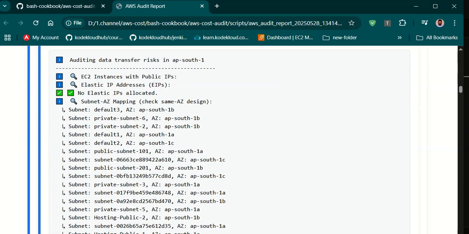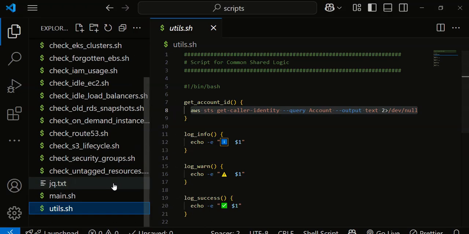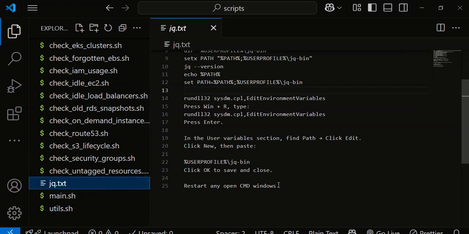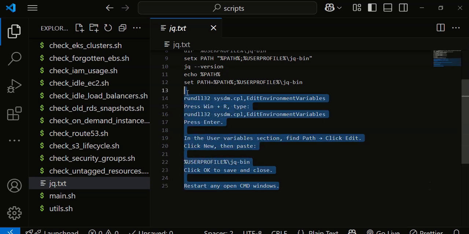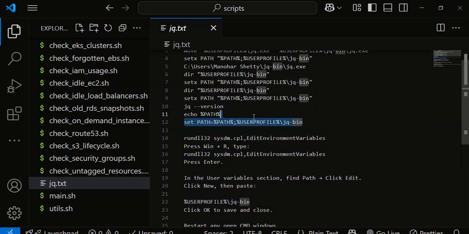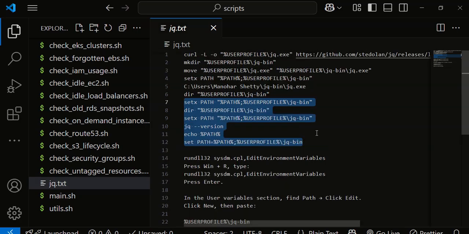And the second thing is you need jq in your account. These are the steps for installing jq on Windows. I'll give this in the repository itself. You'll find it in the repository and be able to download it. I'll give the repository in the description. You'll be able to download it and run the scripts, and you'll get to understand the resources